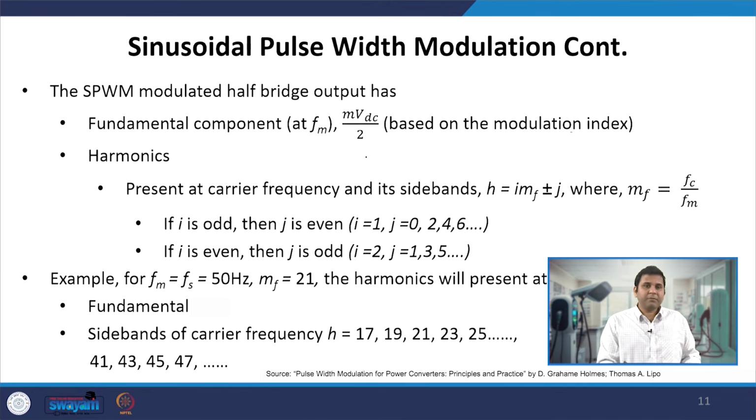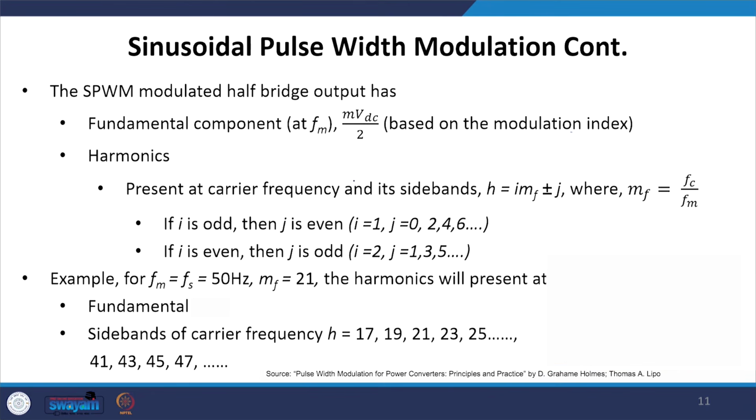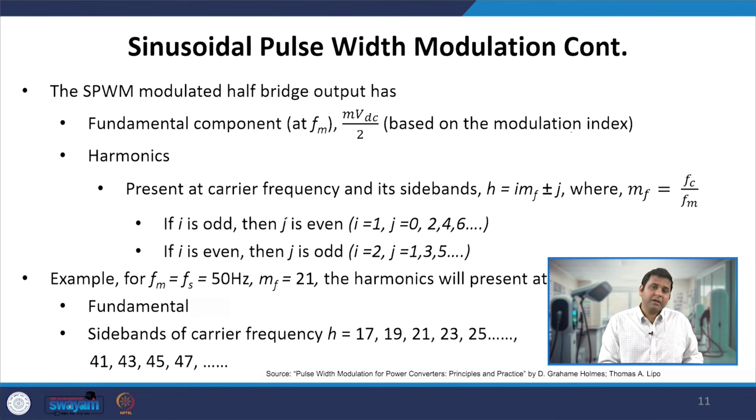Now along with this fundamental component, it also generates harmonics. Again, to quantify these harmonics, we require the derivation of a double Fourier series, which we will avoid in this lecture series. One can easily go through the literature to obtain the mathematical formulation of at what frequencies those harmonics are present. But we will take the inference of that mathematical expression, which says that along with the fundamental component, which is MVDC by 2, we also have harmonics at a carrier frequency